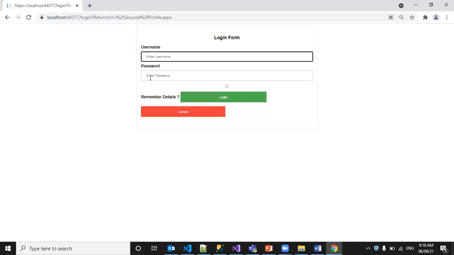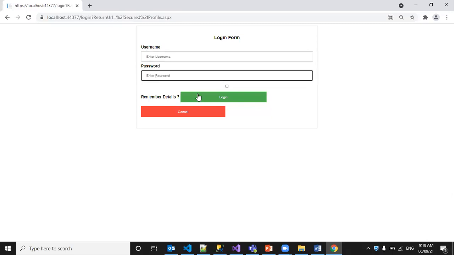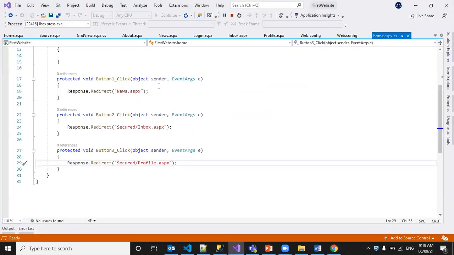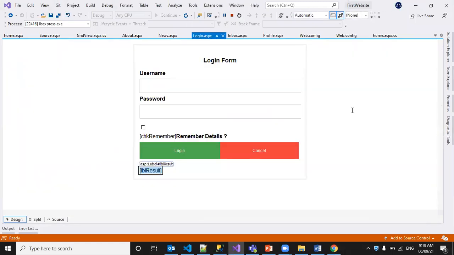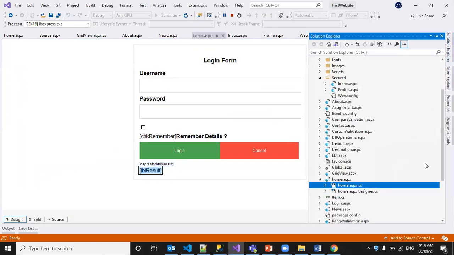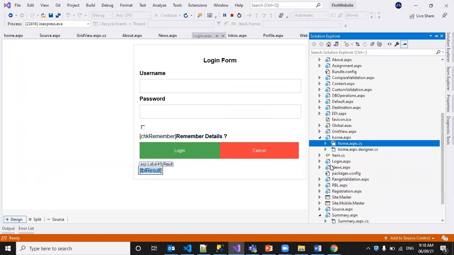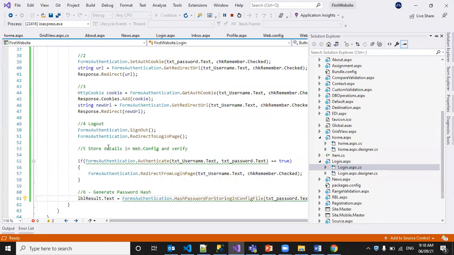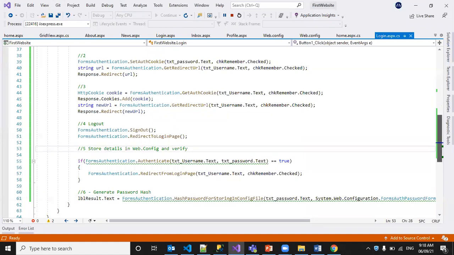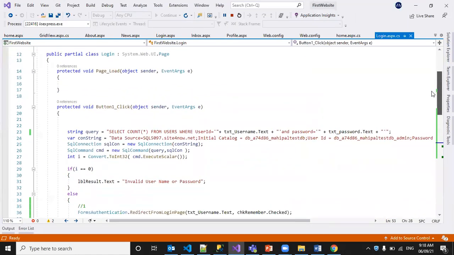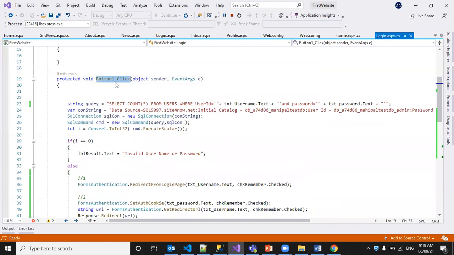So if we enter username and password here and click on the login button, we will validate the details. In Login.aspx.cs, in the login page, we will write the actual code to validate the user. So I'm clicking the login button.